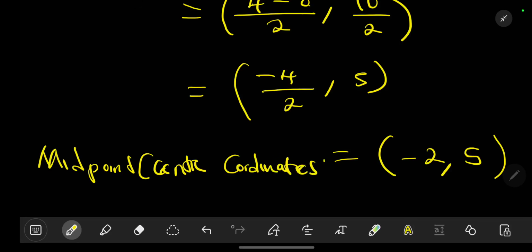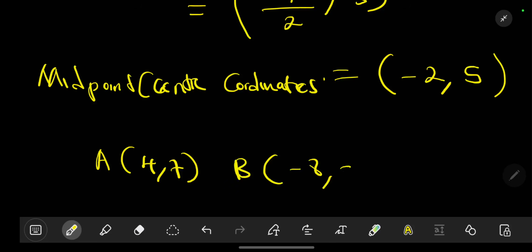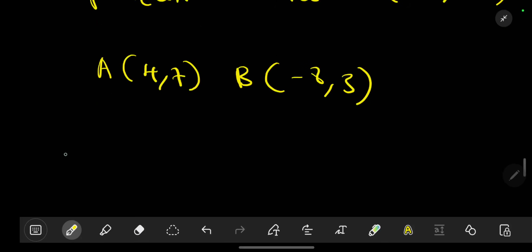So these are the center coordinates like that. Now if you have found the center coordinates, before you can write, you need to know the radius. Remember, first let's find the length, because radius is the length actually. So for the coordinates A is (4, 7) and B is (-8, 3), the length of the diameter,